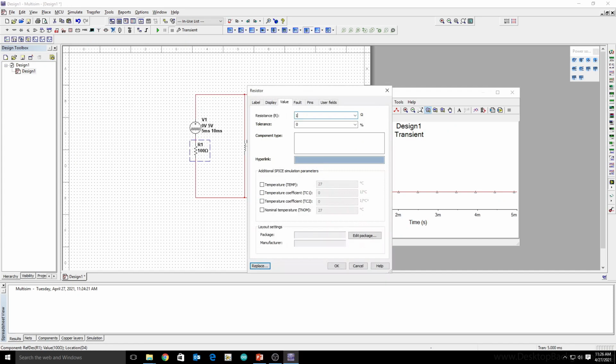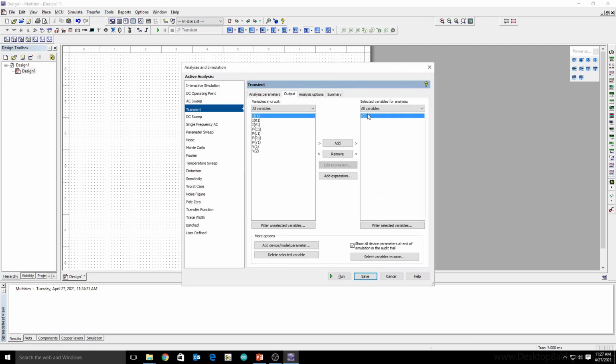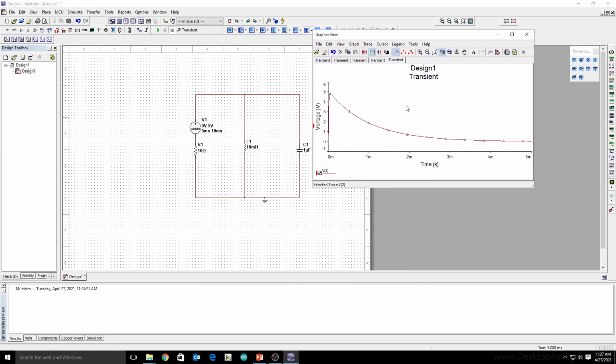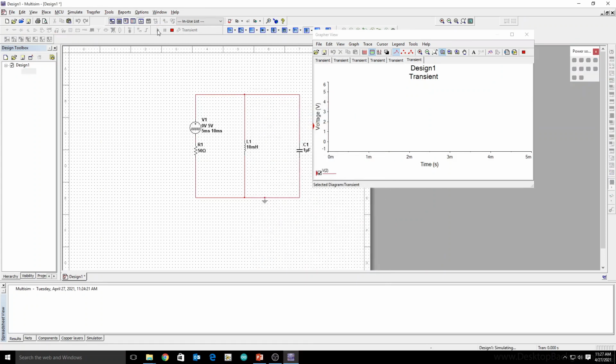Let's move towards 10 ohm and observe it again, run it. This is the overdamped condition. Okay, let's remove this one and observe it on V2. So this is for the overdamped, critically damped,